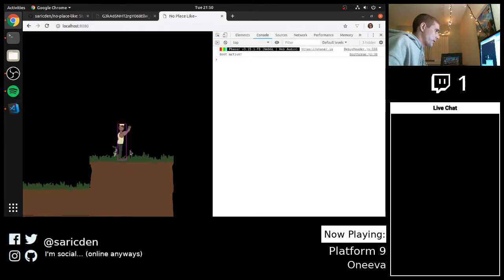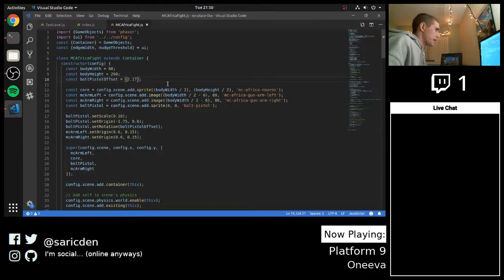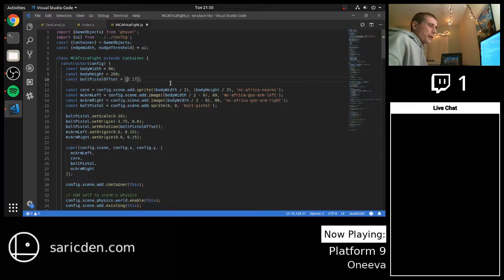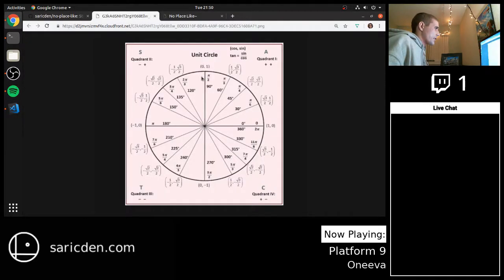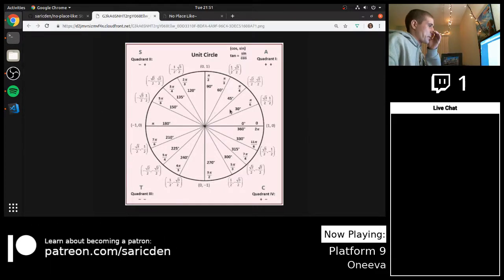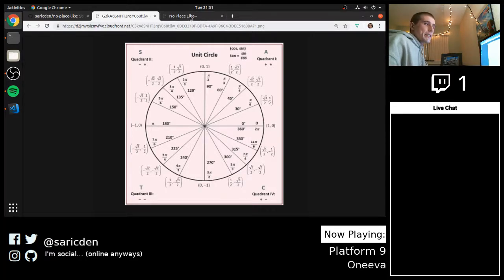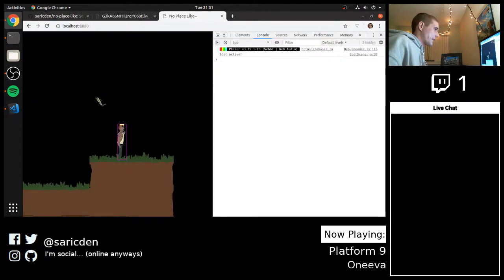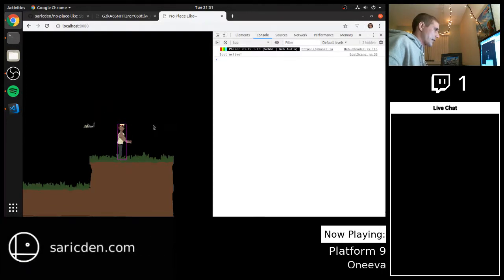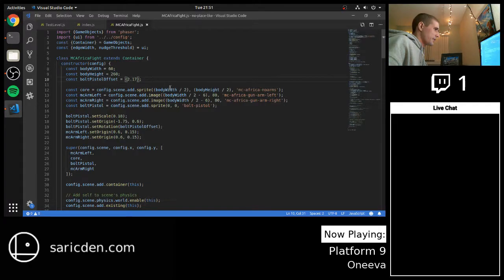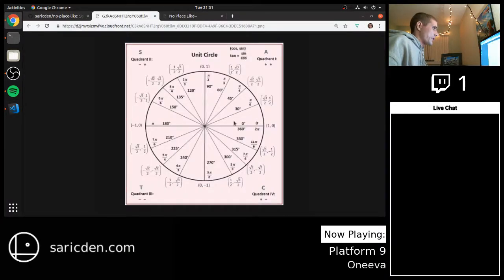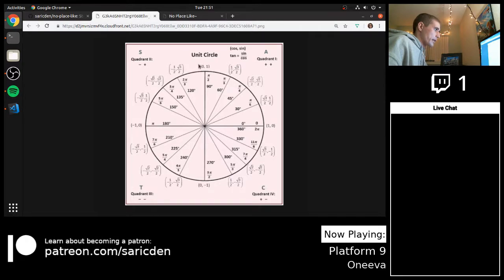Not quite what we're going for. Let's see. This is where it would be really nice if I was better at math, but alas, I'm not. So we effectively want it to start here, and we just want to offset everything by whatever offsets need to be offsetted because of the image, if that makes any sense at all. Each image has a different starting rotation. So like the arms, I think, start facing down, whereas the gun starts facing like maybe that way. So if the gun starts here, we want it to start effectively there. So we need to backstep,